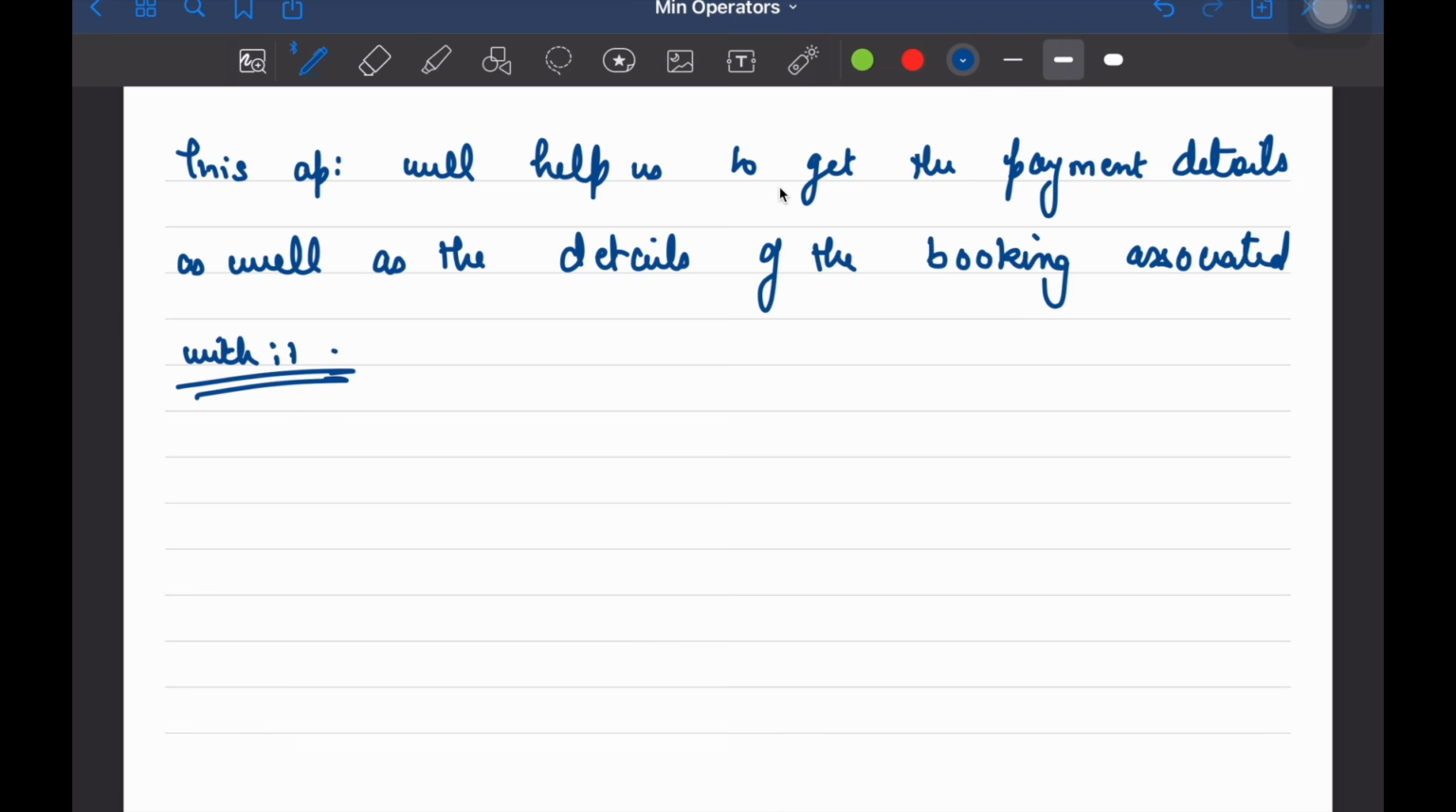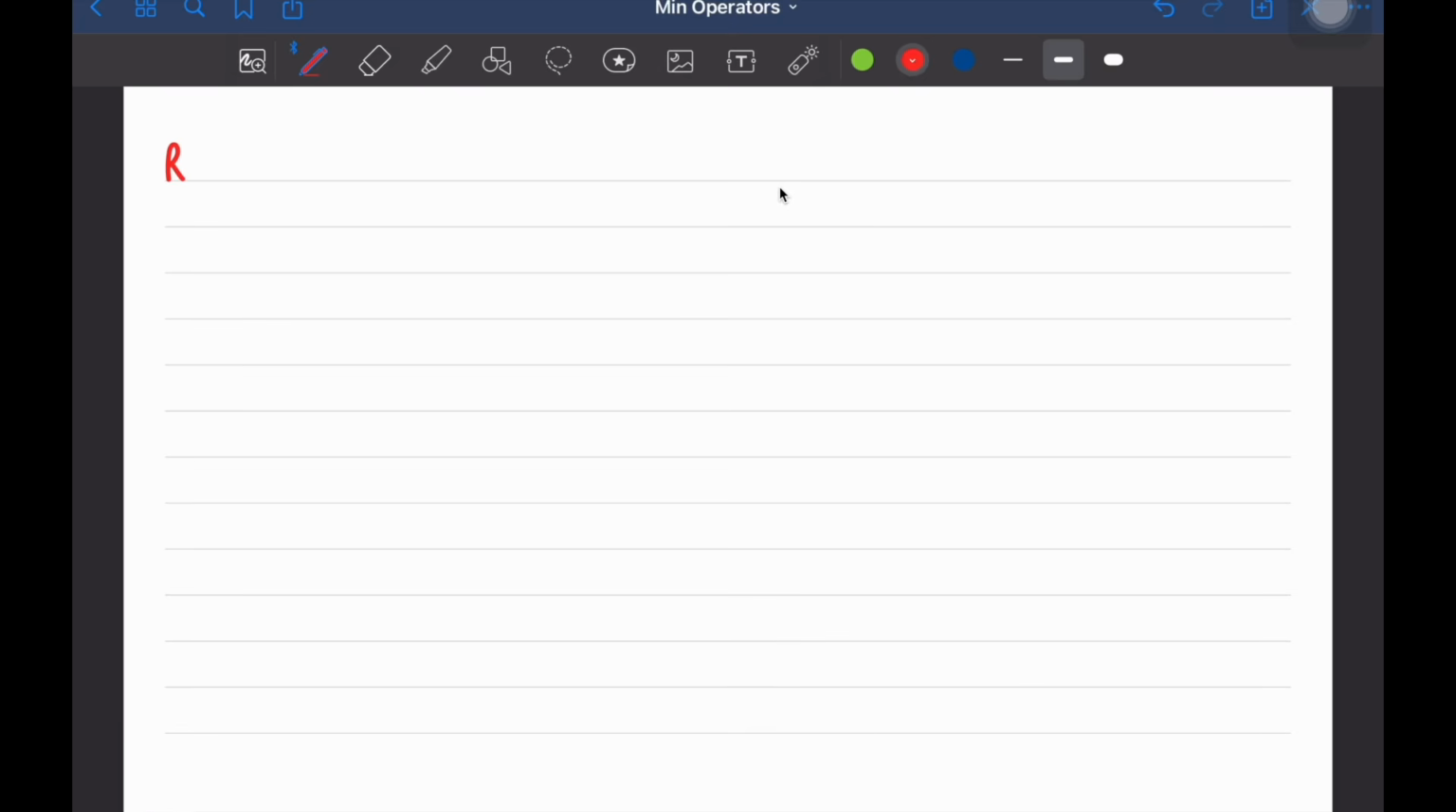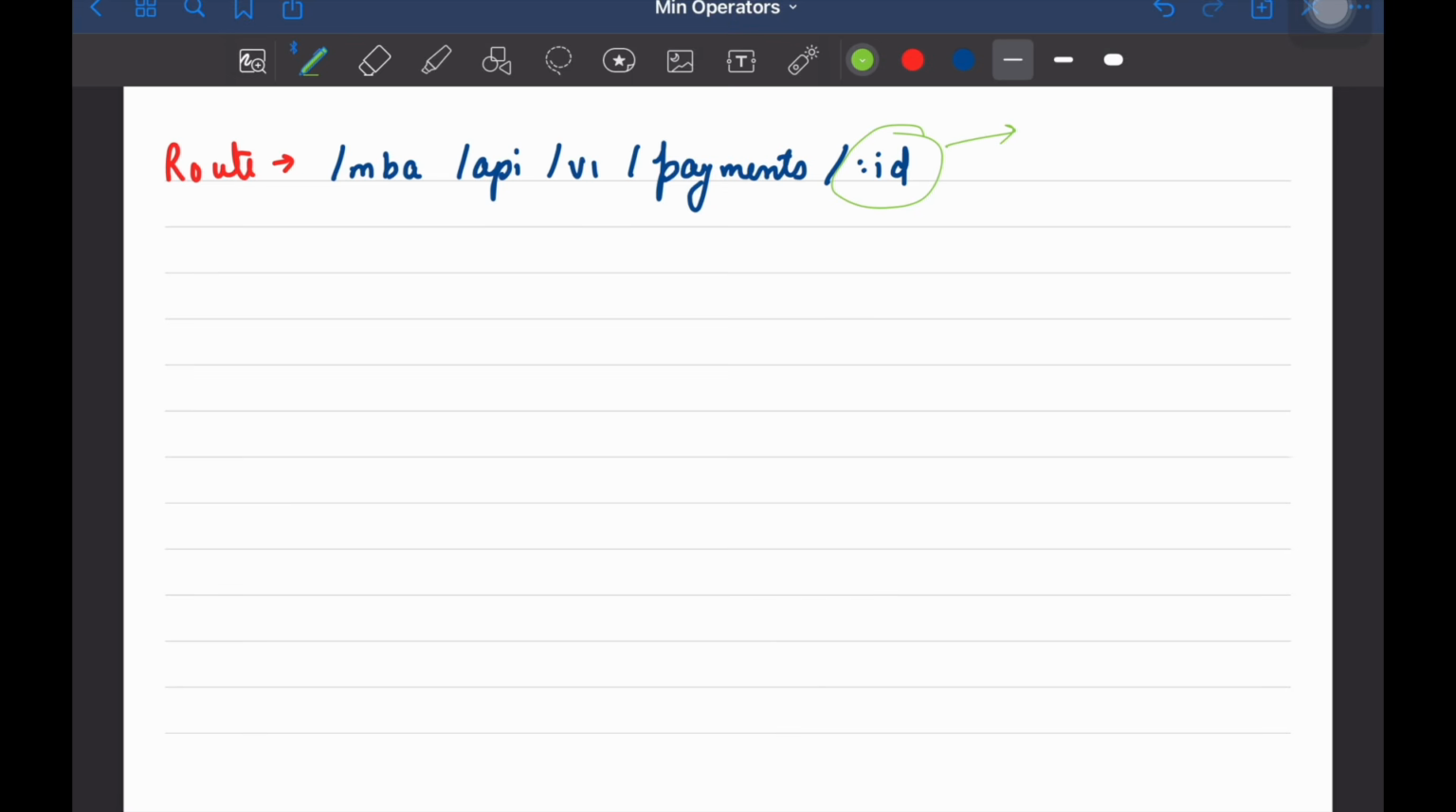Right. So let's talk about the route. The route of the API will look something like this: /MBA/api/v1/payments/:id. Right. This ID that we are having